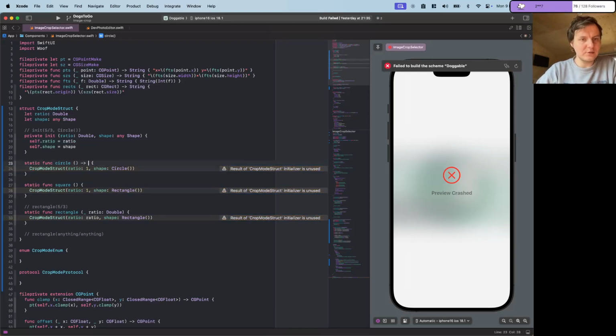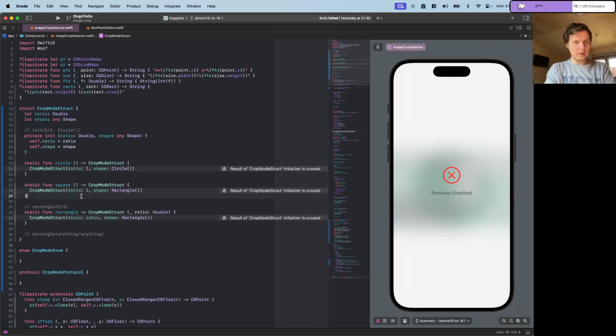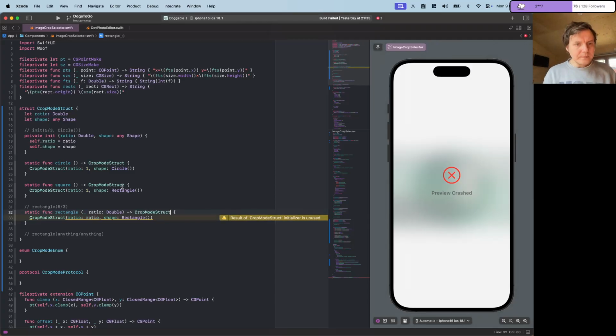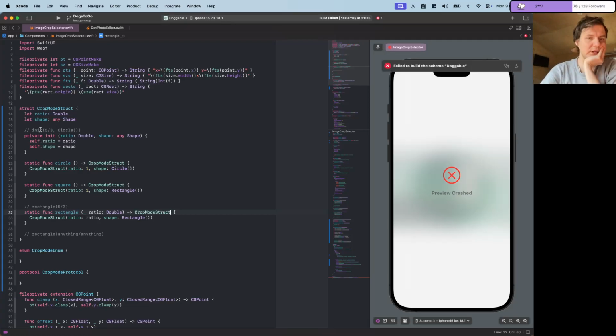So we return the struct here that we have created. I pasted it wrong. Okay. So that is technically possible to achieve without allowing any mistakes by hiding an initializer. And so private prevents errors like